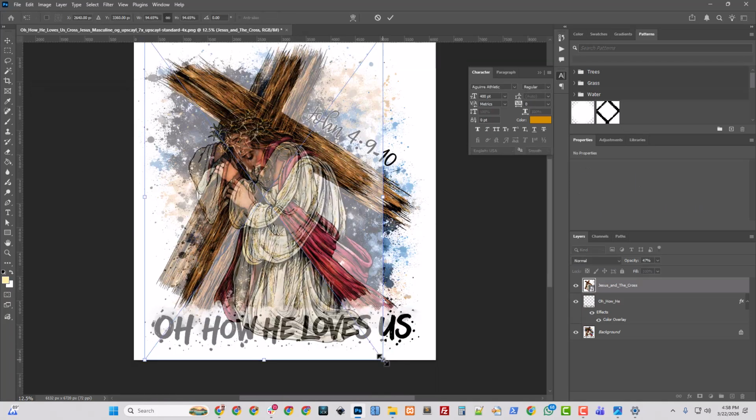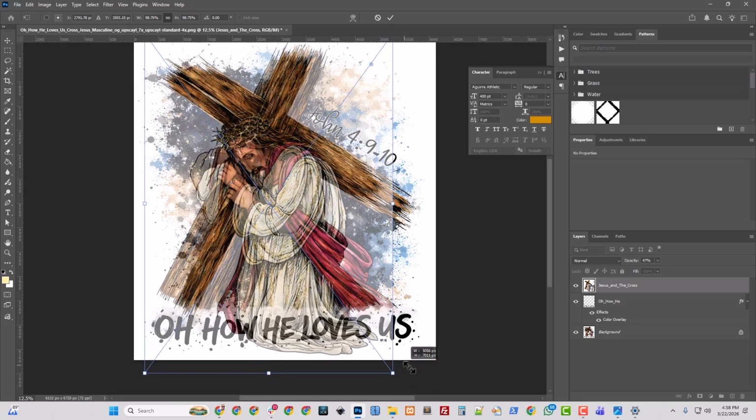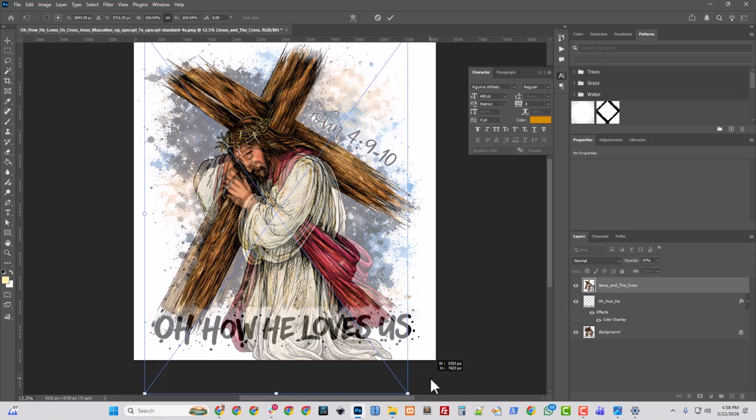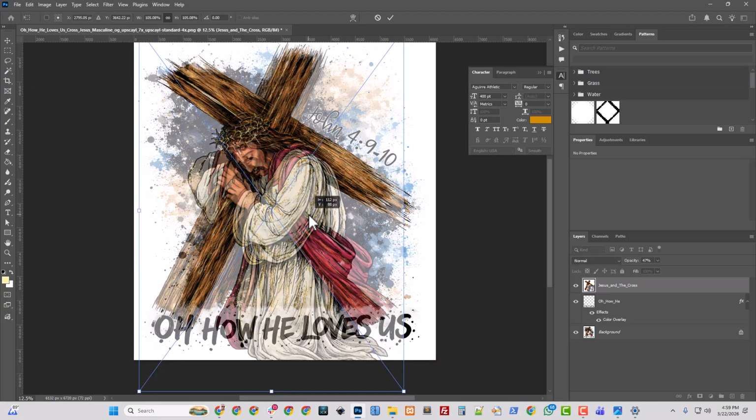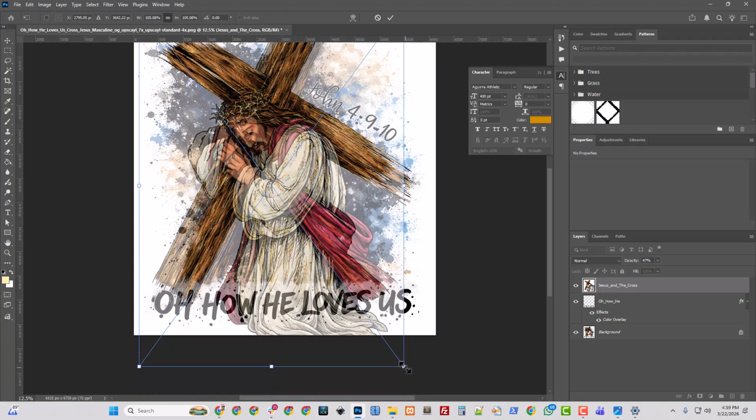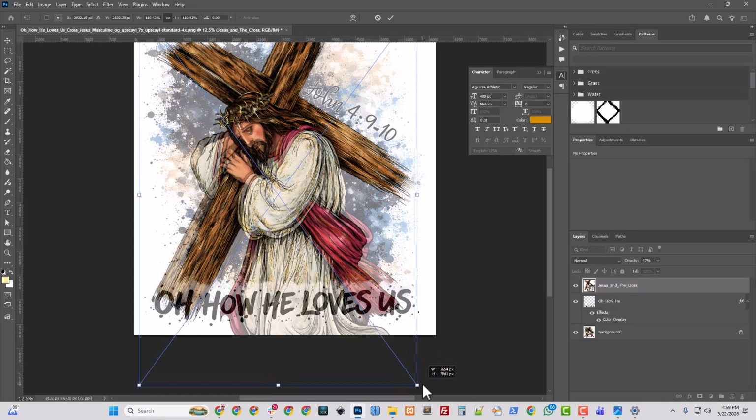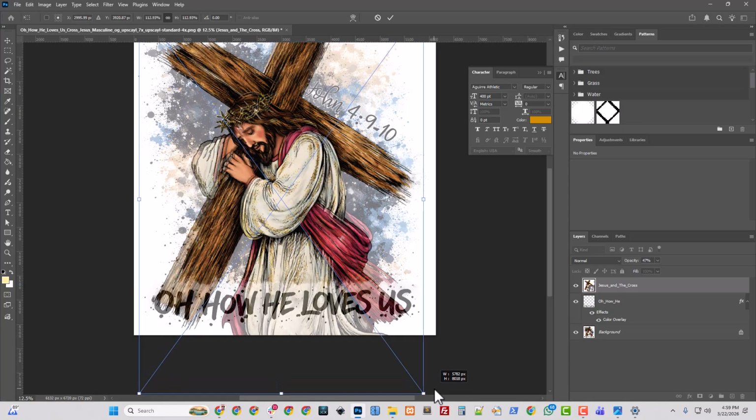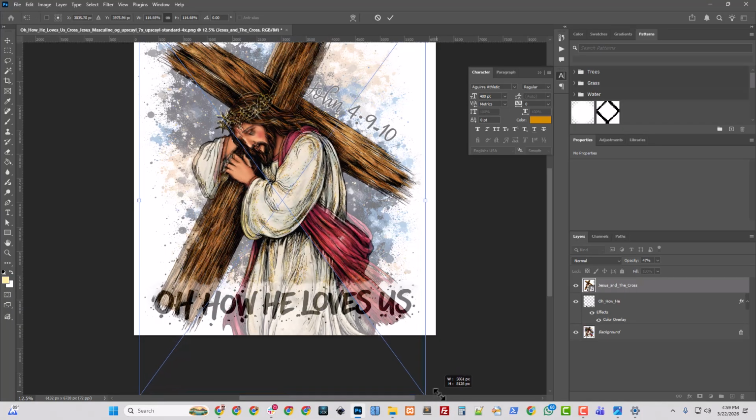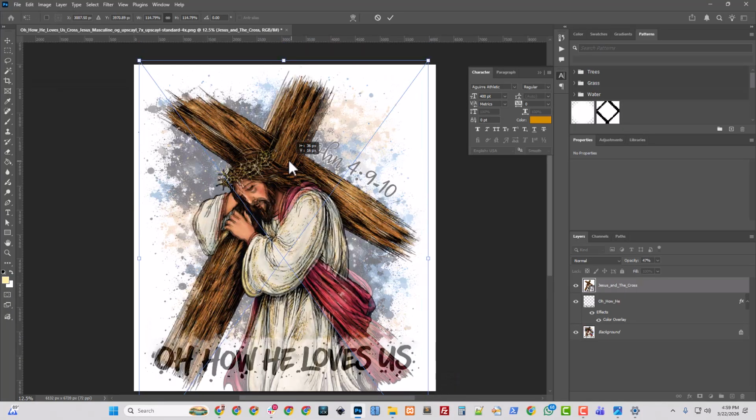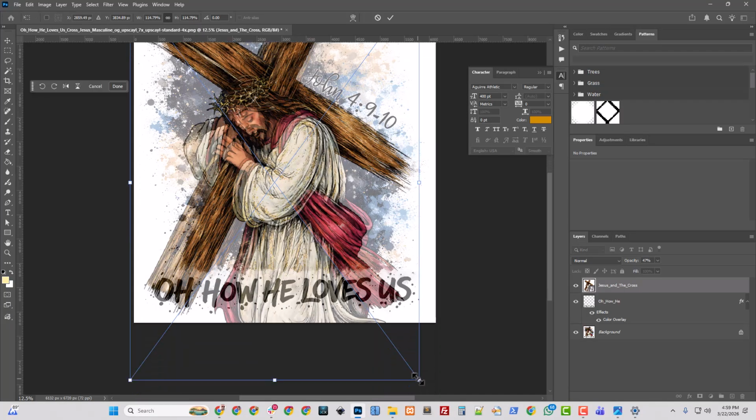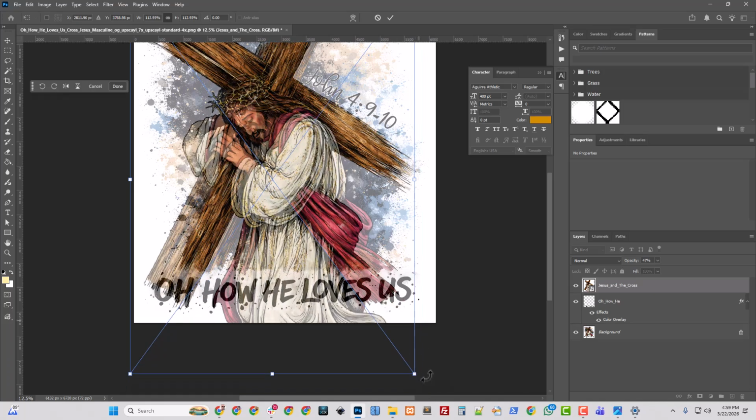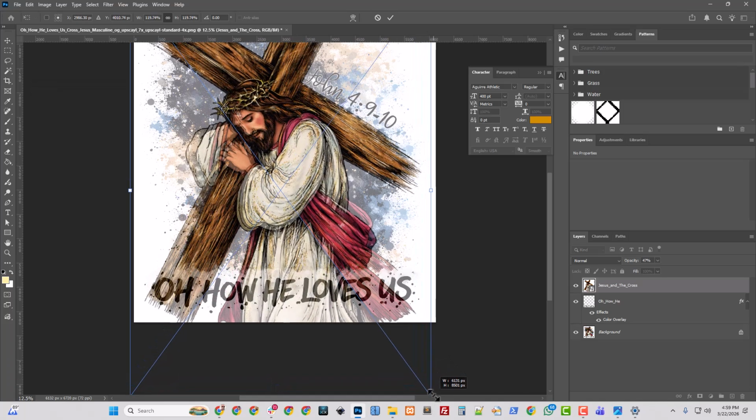Control T. I'm not holding shift. I started out holding it and I realized I was making a mistake. Alright, we're just going to position that so that it matches the original as well as possible. So that, you know, that little bit of opacity is helping. And see how I keep scooting it up and to the right? And it looks like it's not going to ever match perfectly,